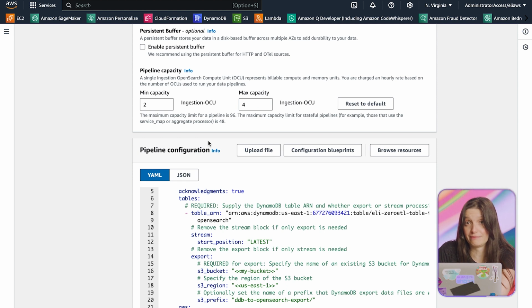This YAML is where the magic happens. This file is responsible for performing the synchronization, replicating data between Amazon DynamoDB and OpenSearch. It sets up an IAM role with the necessary permissions to read from DynamoDB and write to OpenSearch.